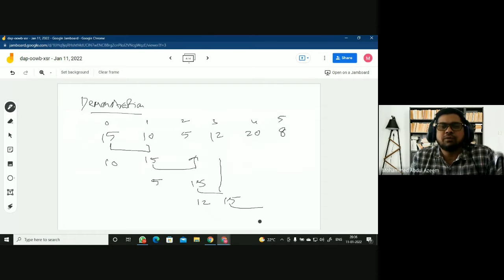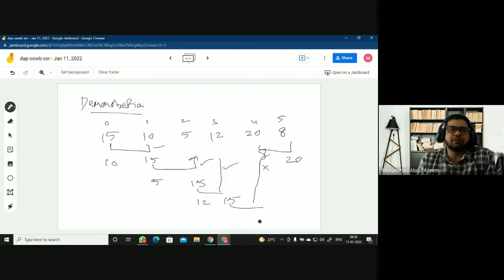And again, you compare these two. You can see now the previous element is not greater, so you don't make an exchange. Here you make an exchange, here you make an exchange, here you make an exchange, but here you won't. Then you compare the next two adjacent elements. Now you can see the previous element is greater, so you have to make an exchange. So you will get 8 here and 20 here. So this is said to be one pass.